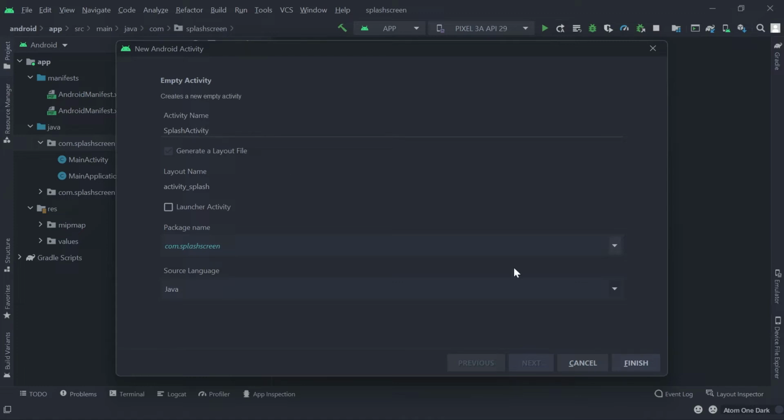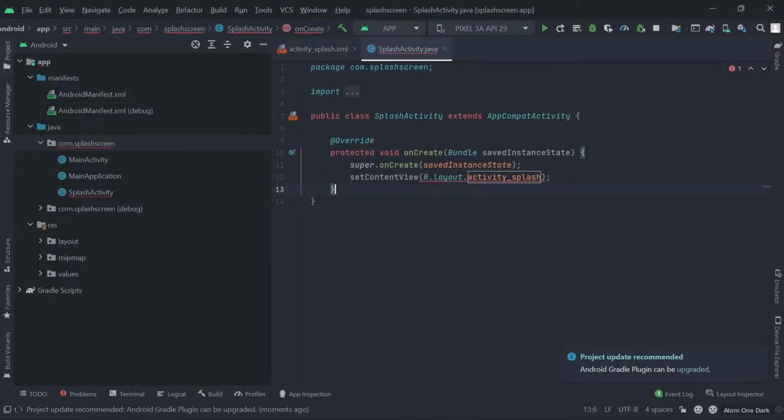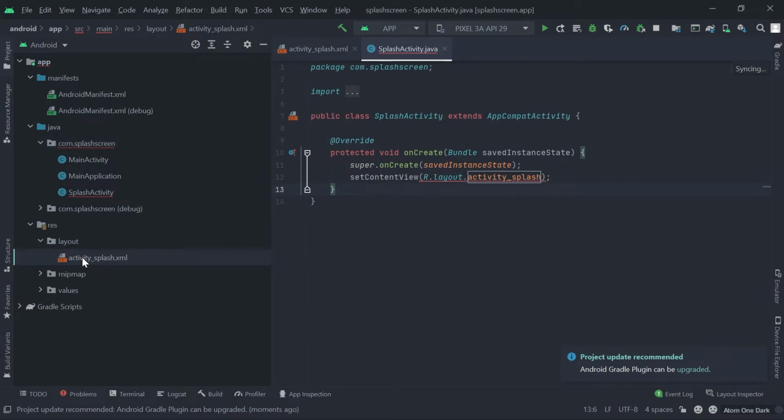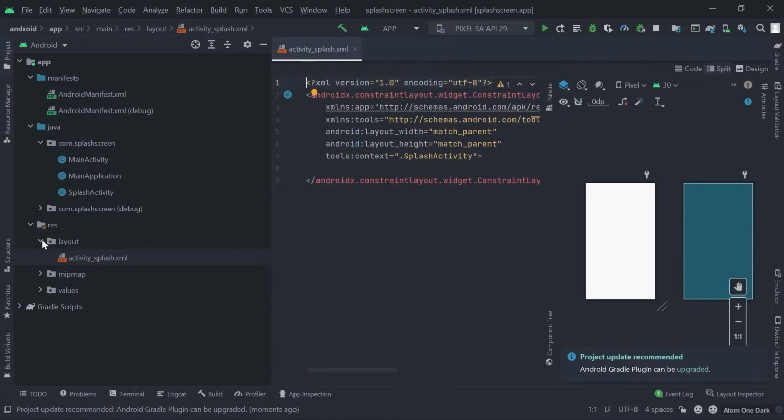Now click on finish. Now it will generate a Java activity and an XML file for this activity. Now just close both tabs.